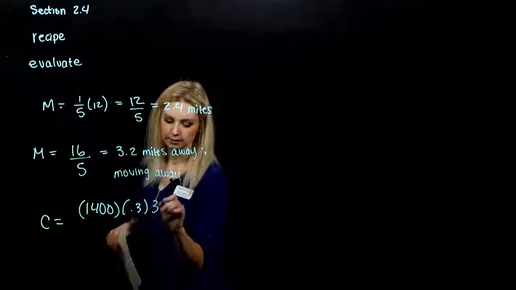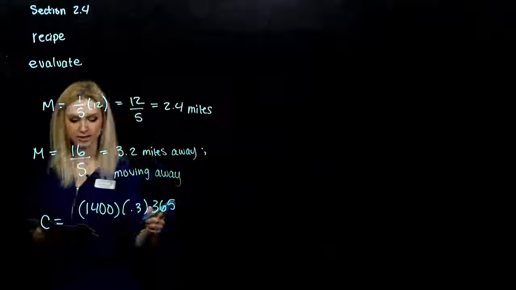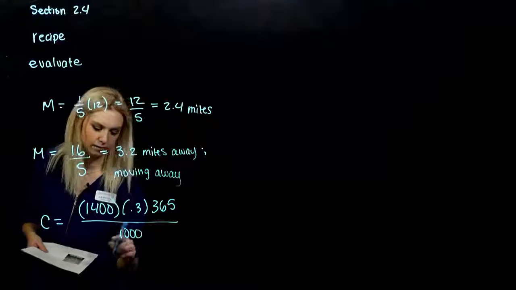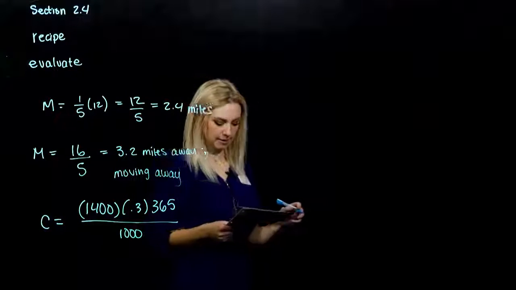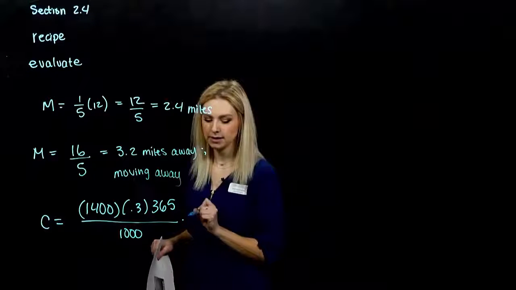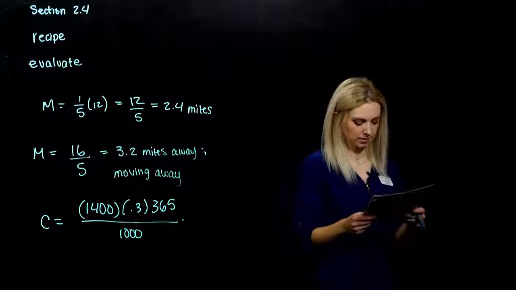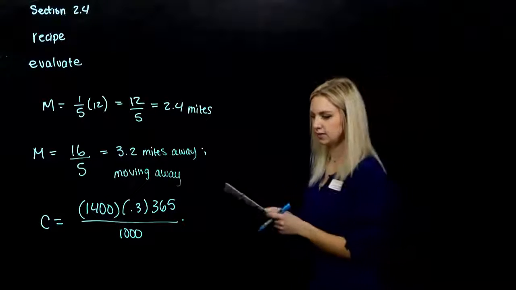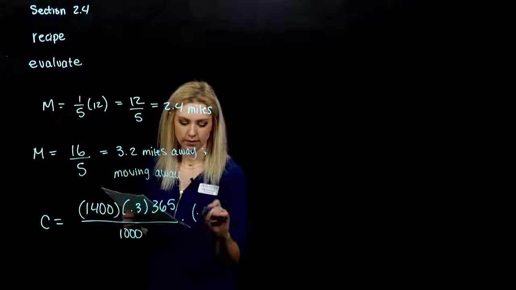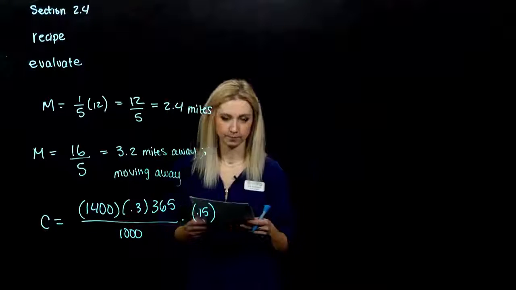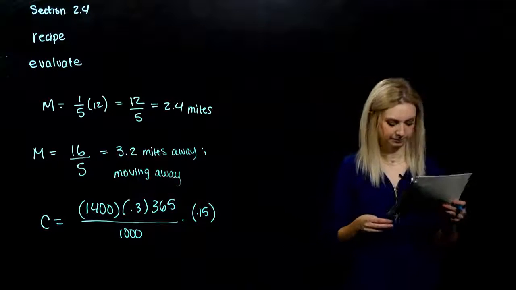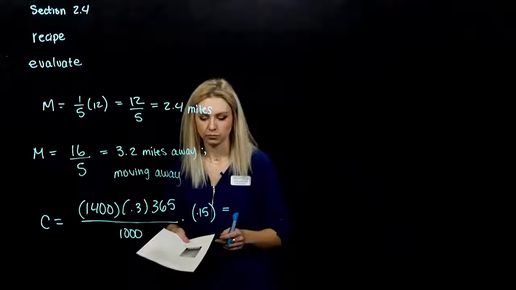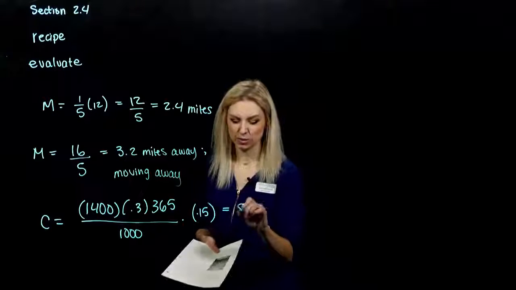365 is a constant in the formula, since we're dealing with a year, 365 days. And the other constant involved is that 1,000 in the denominator. Last thing we need is E, the energy cost per kilowatt hour. In this case, it's 15 cents, and we're leaving it in the form of dollars for our units. All right, so what do we get after all of this? If we do the multiplication, it comes out to be